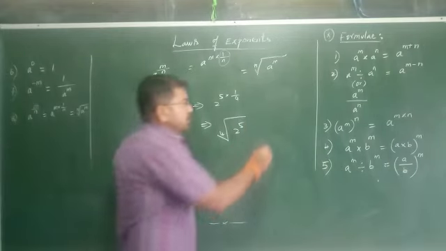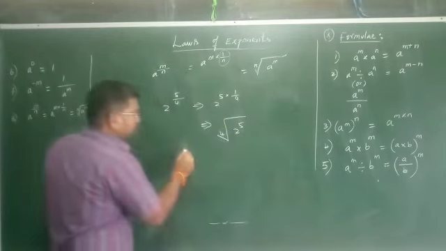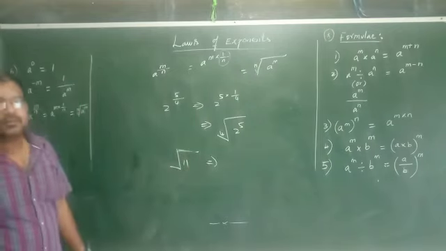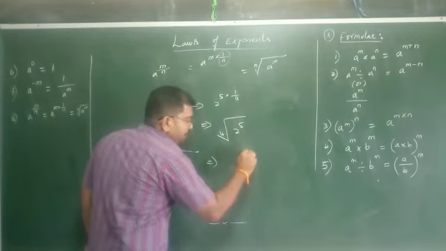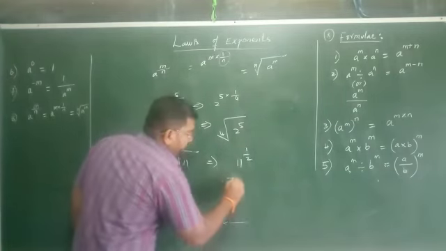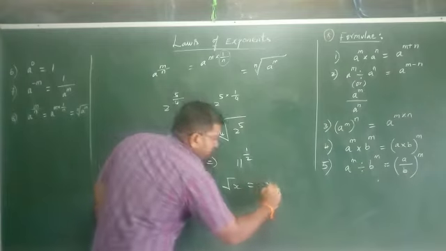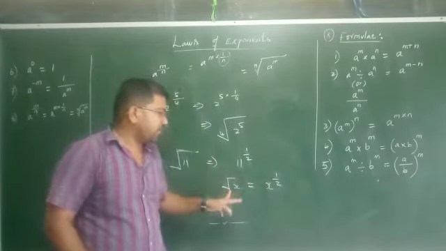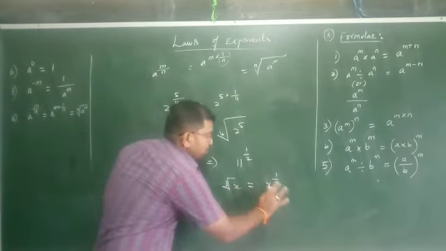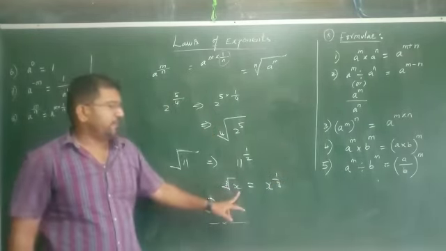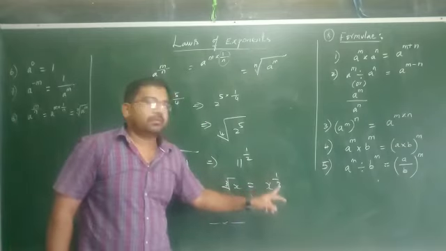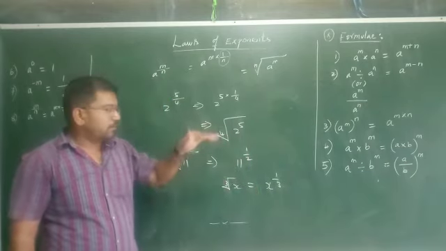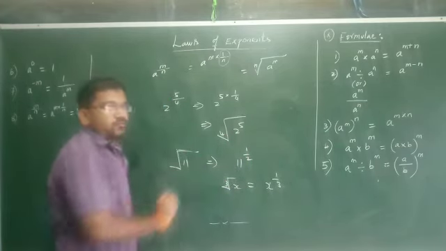We already know the square root of 11. How can we denote the square root of 11? The square root of 11 is nothing but 11 power 1 by 2. The square root of x is nothing but x power 1 by 2. So the power 1 by 2 is the square root. Suppose cube root, then 1 by 3. The cube root of x is nothing but x power 1 by 3. If the power is in the form of a fraction, 1 by something, then it will come in the form of a root.